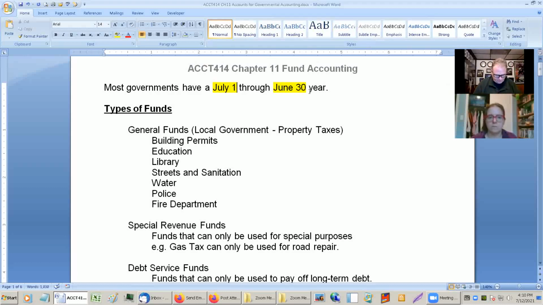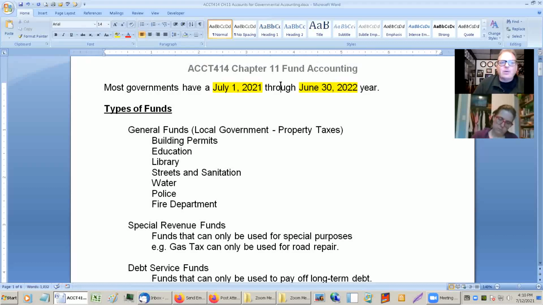This is 2021 through 2022. It can be a little bit confusing sometimes when someone says, is this for 2021 or 2022? Well, a lot of times I'll use the first year as the year. 2021 will go through 2022, but sometimes it can be confusing. And anyway, so long story short, basically, this is the length of time that will be on the books for